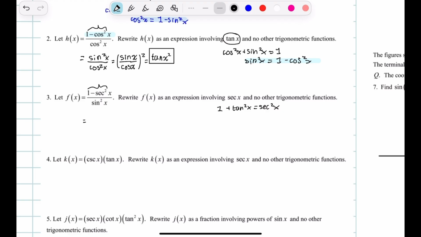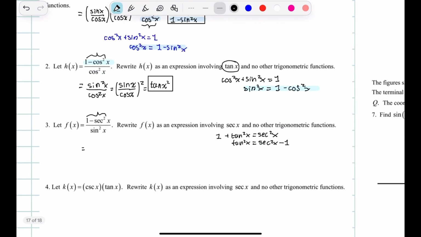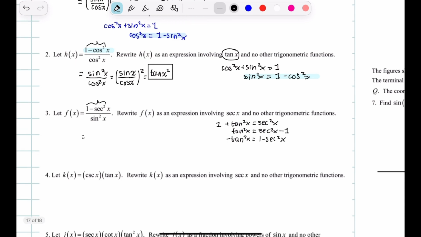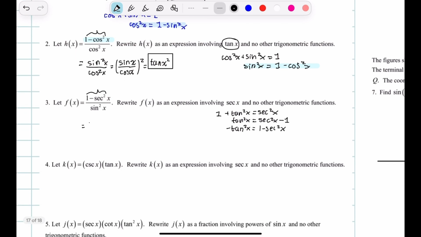So solving for just tangent squared of x, it's going to be equal to secant squared of x minus 1, or if you want the other form, negative tangent squared of x is equal to 1 minus secant squared of x, I'm pretty sure. Yeah, so you're just going to sub in negative tangent squared of x and divide that by sine squared of x,